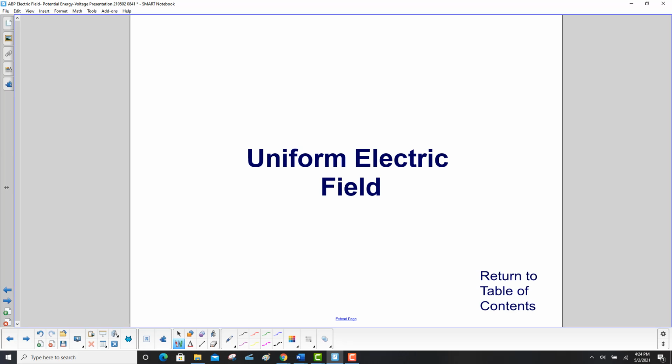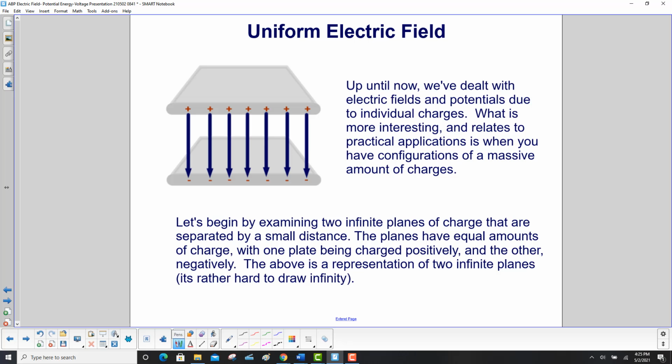Uniform electric field. Up until now, we've dealt with electric fields and potentials due to individual charges. What is more interesting and relates to more practical applications is when you have configurations of a massive amount of charges. Let's begin by examining two infinite planes of charge, here's one and here's the other, that are separated by a small distance. The planes have equal amounts of charge, with one plate being charged positively and the other one